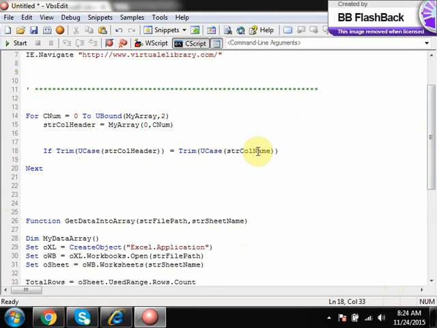Fine. So if str column name, whatever I pass as the function argument, matches any of the column headers which we are retrieving here, then